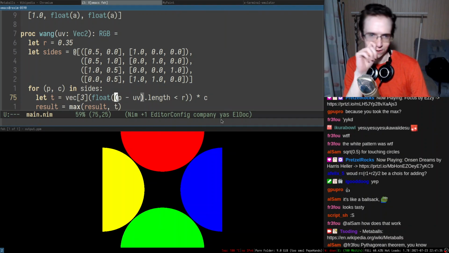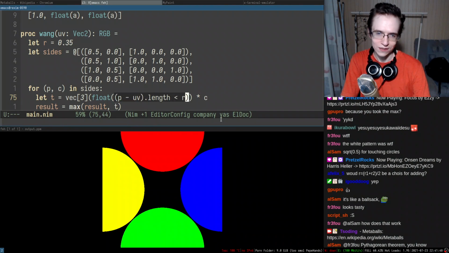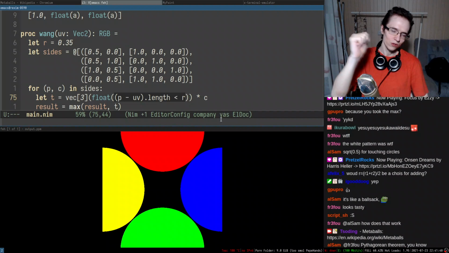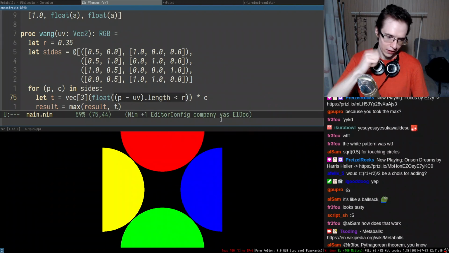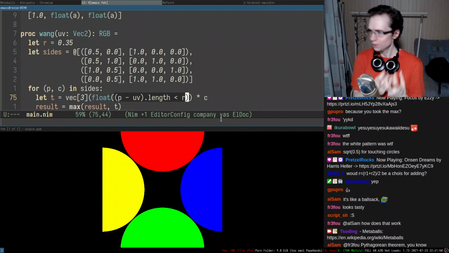So what we're doing here is essentially we check if this thing is greater or less than the radius, but we can use that closeness to the radius as a way to interpolate and make them fade away. You know what I'm talking about?